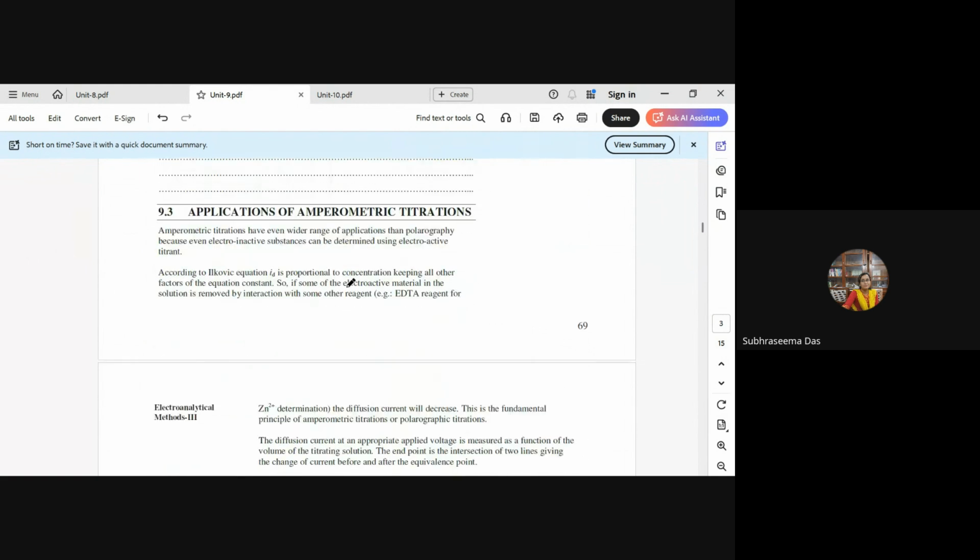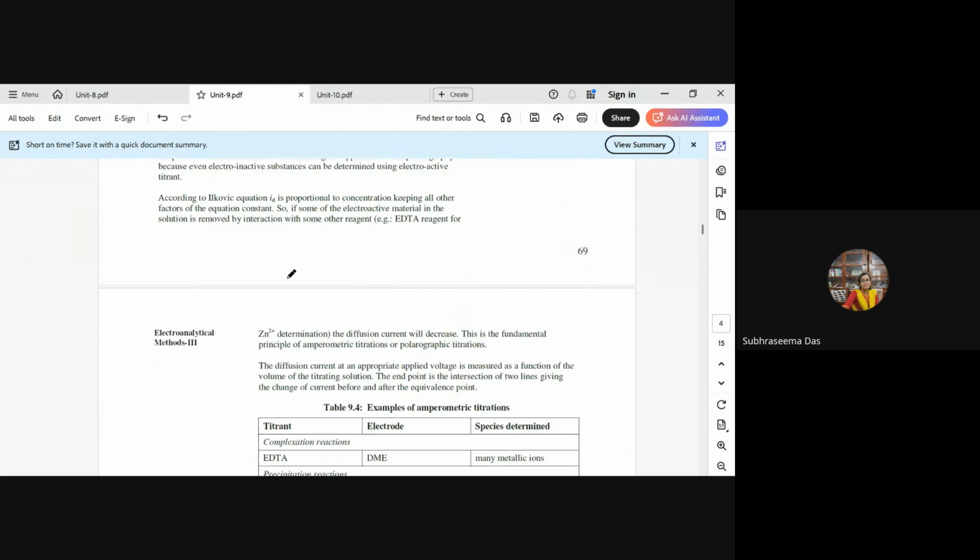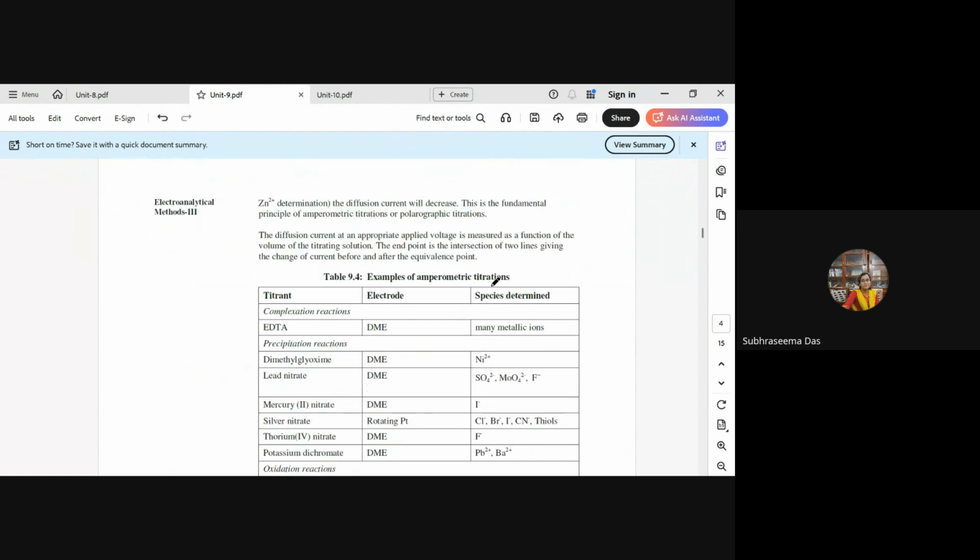Then coming to applications of amperometric titrations. Amperometric titrations have a wide range of applications. We know the Ilkovic equation, that is i_d is directly proportional to C. So if some of the electroactive material is removed by complexation, then the diffusion current will decrease. This is the fundamental principle of amperometric titrations. So some examples of